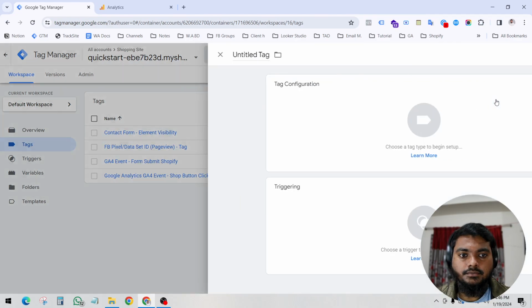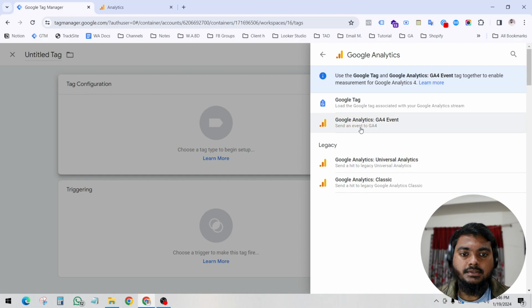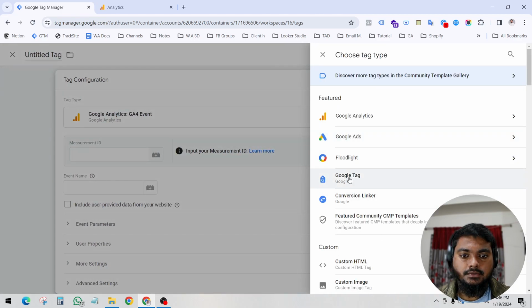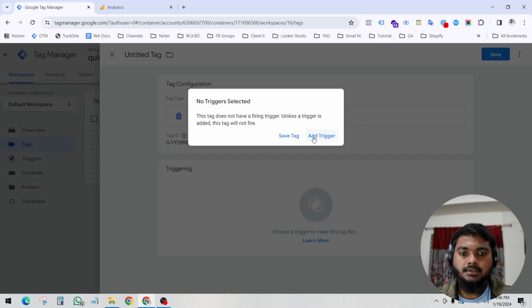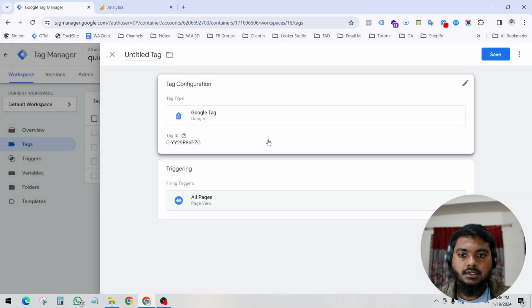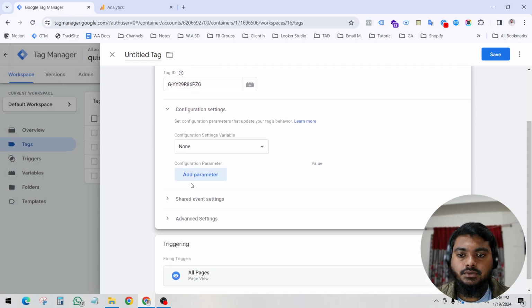Click new tag configuration, Google Analytics. So, mistake, Google tag, paste your tag ID, click save. We have to set a trigger, all pages. One more thing you need to set up here,